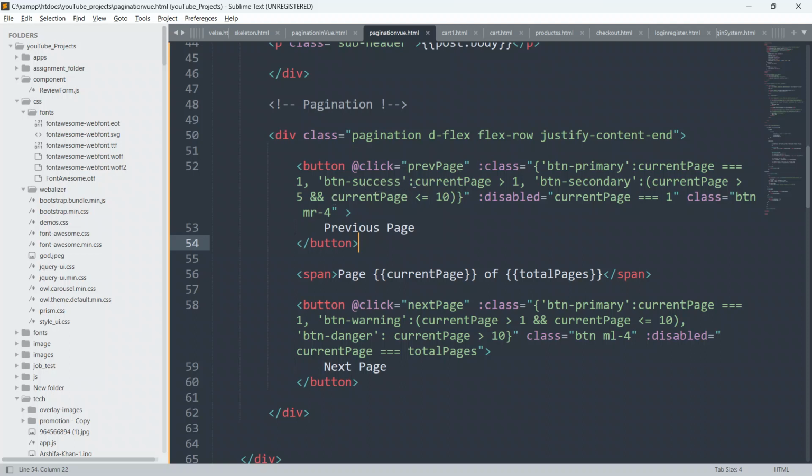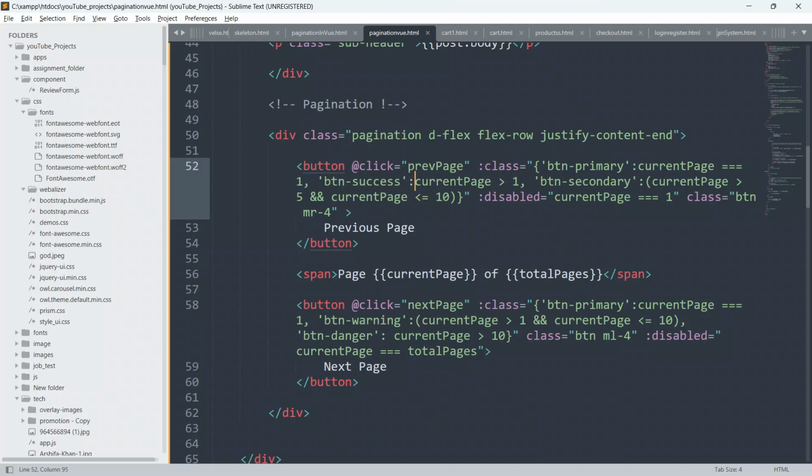For button success, if the current page is equal to or greater than 1, it will always be greater than 1.